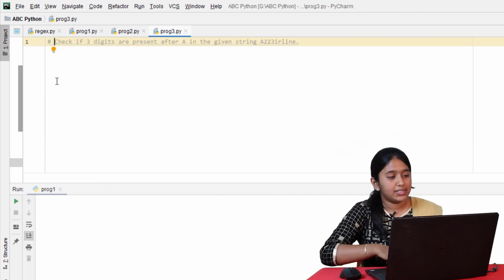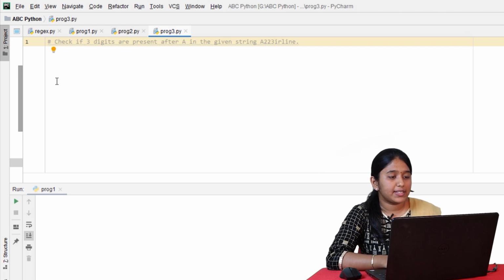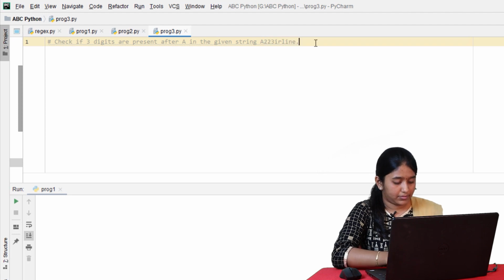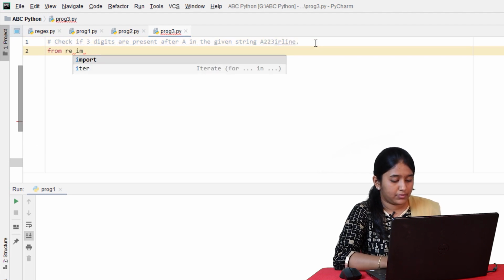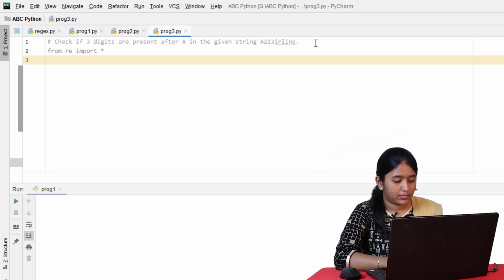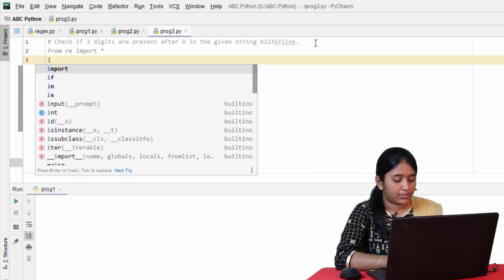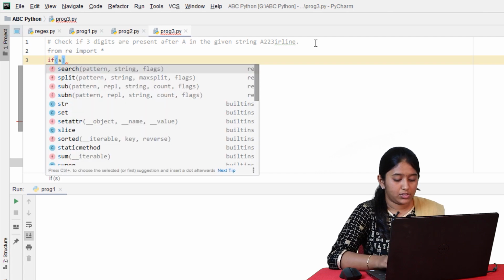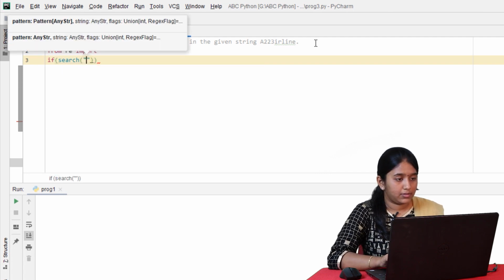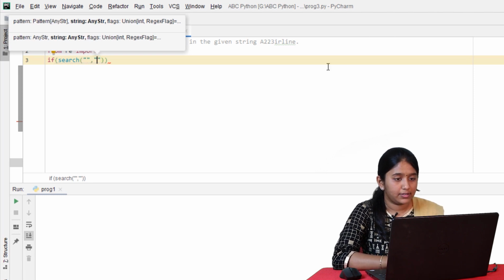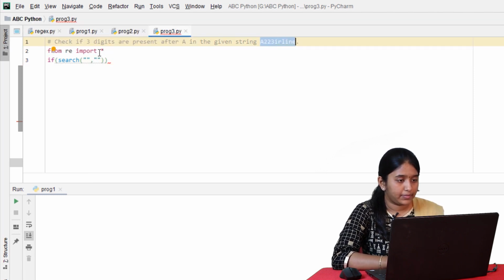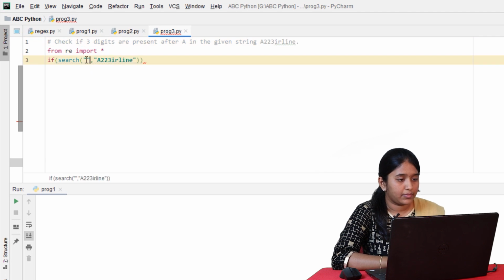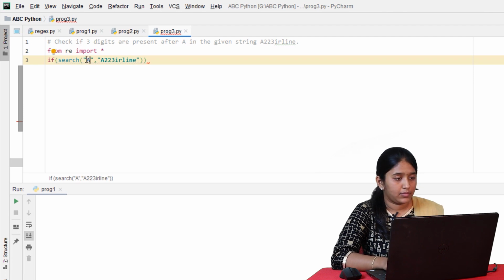Now the third program is to check if 3 digits are present after A in the given string. If search, first let's give the given string. Let's use the special sequence \d.